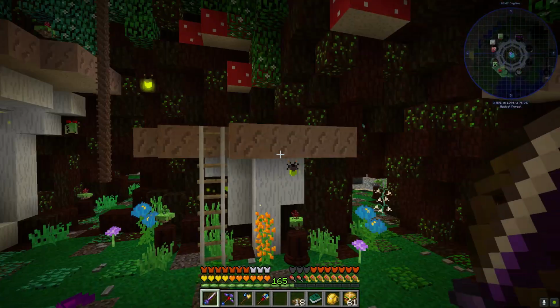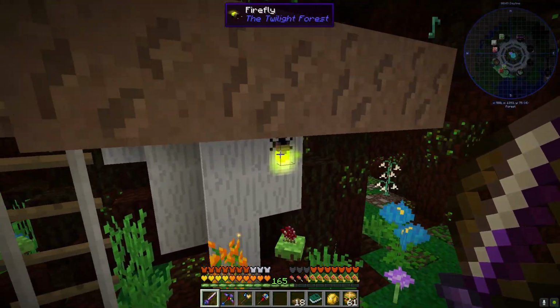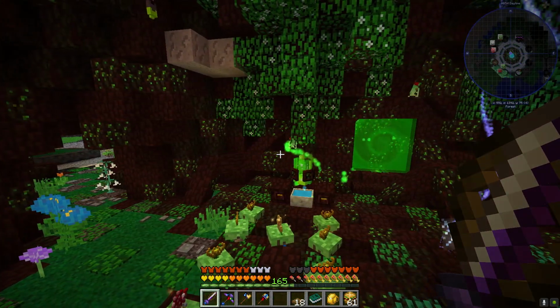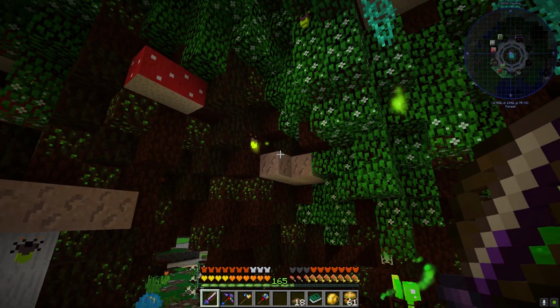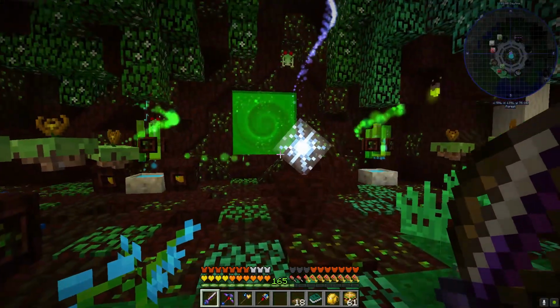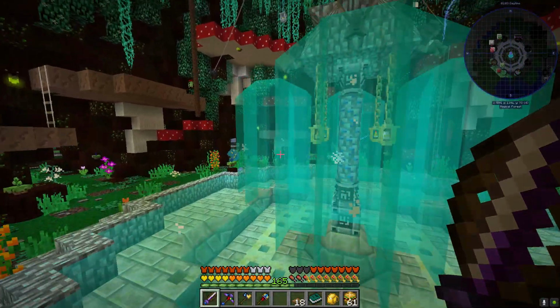And then you'll notice a lot of cicadas and fireflies. I spent a little while in the Twilight Forest, not all that long. It doesn't take very long to farm these things. You just hit them and they fall off. I spent a little bit of time farming those up. And then I did set up luminizers, which if you've never set these up before,